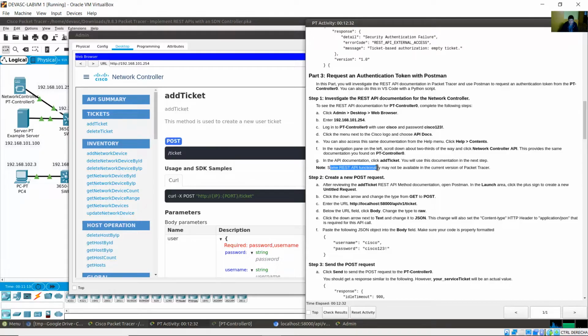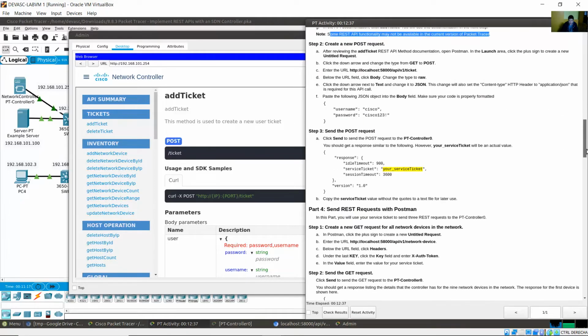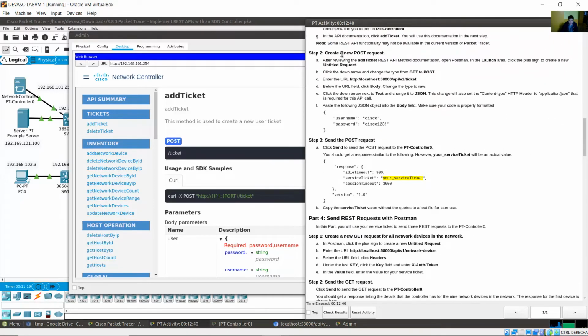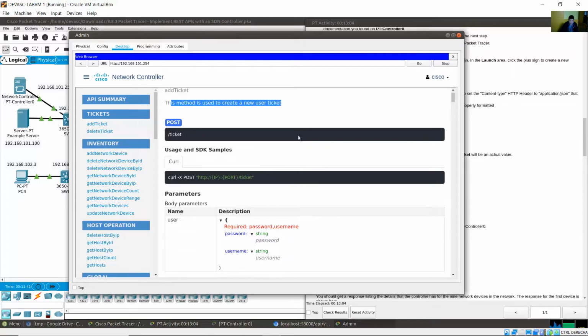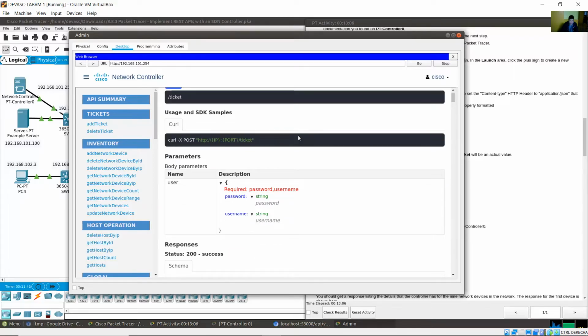Some REST API functionality may not be available in the current version of Packet Tracer. Create a new POST request. After reviewing the add-ticket REST API method documentation, open Postman. Okay, review. This method is used to create a new user ticket. Okay, the parameters,